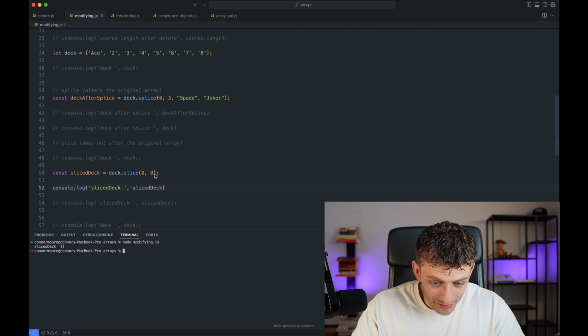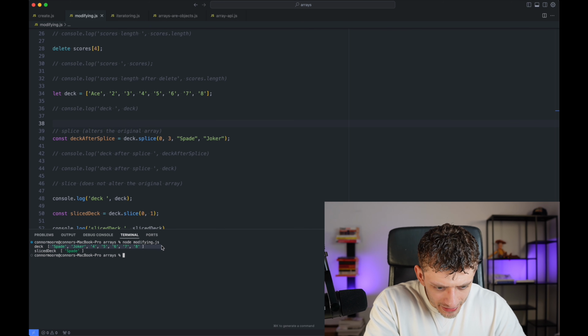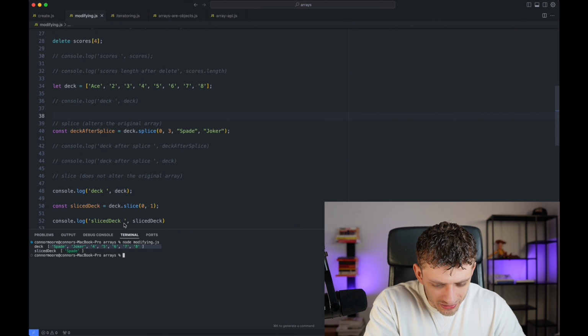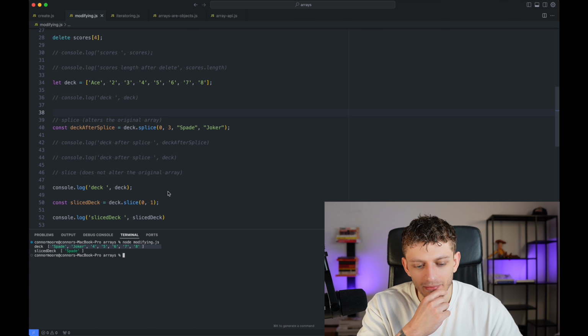Sliced deck. It didn't return anything. Now let's see what happens when I put in 1. So here's our deck, and what it's done is it's sliced out. Best way to think about it is, imagine taking a slice of something, right? You are taking a slice out of the cake, and in here you're taking it between 0 and 1, which